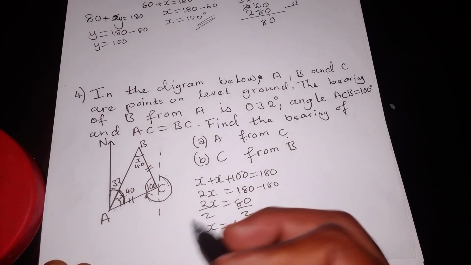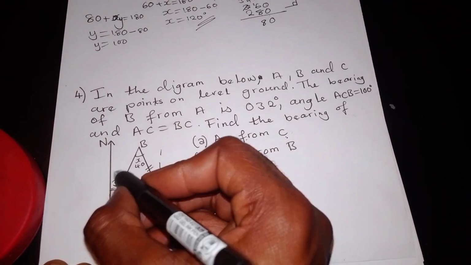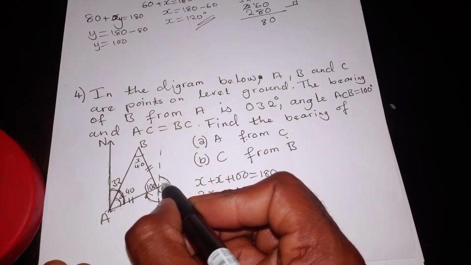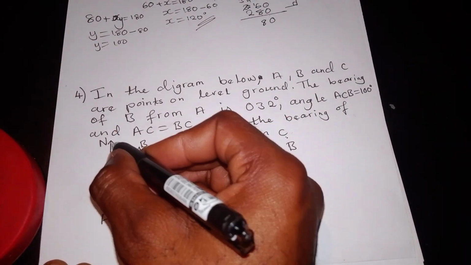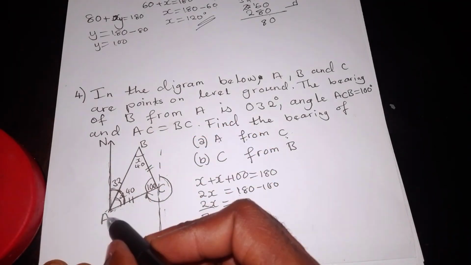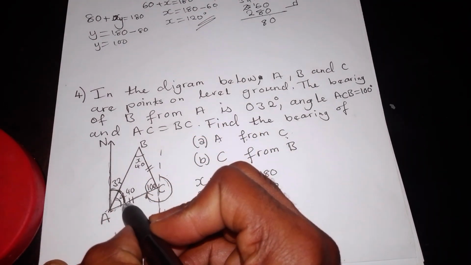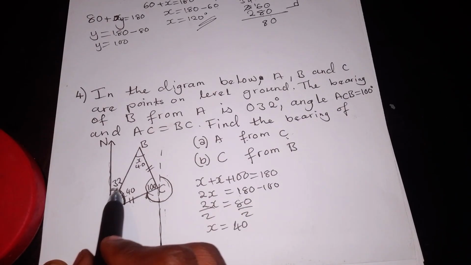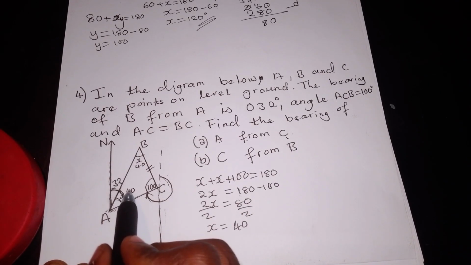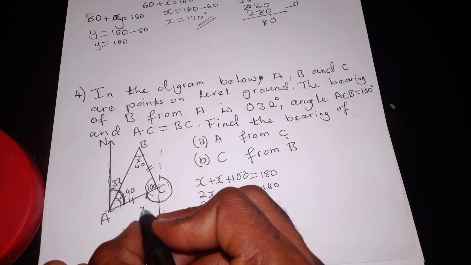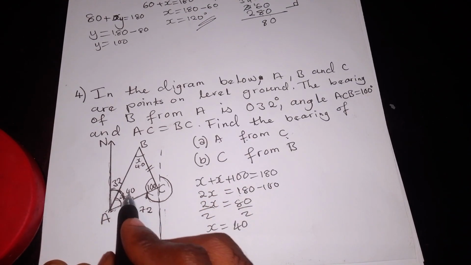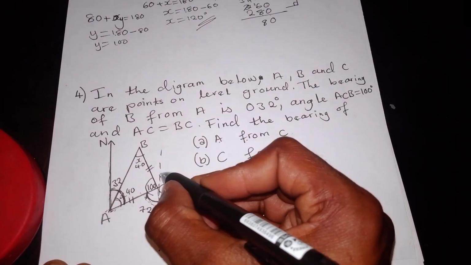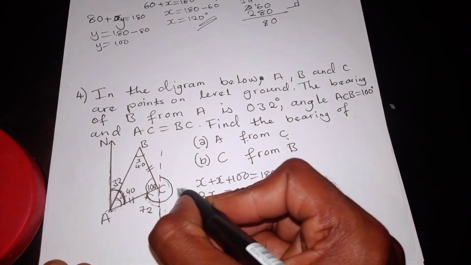degrees. So my plan here was to take advantage of the z angles here. As you can see, we have a z here because this is parallel to this. So if this is a z, then whatever this is, it's exactly the same as this. So to find this one here, I can just add this to this. So that's 72 when you add 32 to 40. So this angle here is 72,